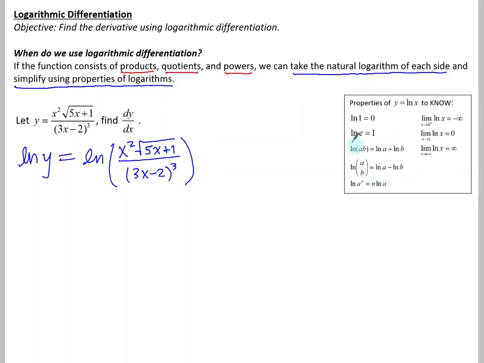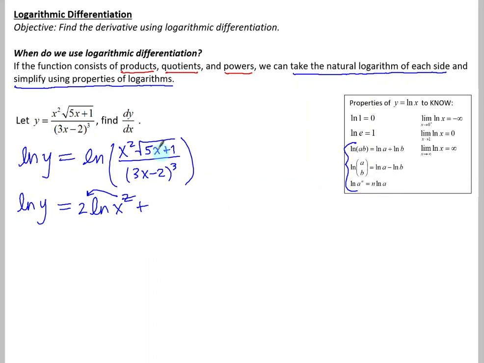Remember our properties of logarithms that are really important to know. The left side, of course, I'll rewrite, natural log of y. And on the right side, I have a product, I have a power, I have a quotient, I have another power. So these three properties come in very handy. Let's split this up. Natural log of x squared, which of course the 2 in the exponent can go in the front as a coefficient using that power property,